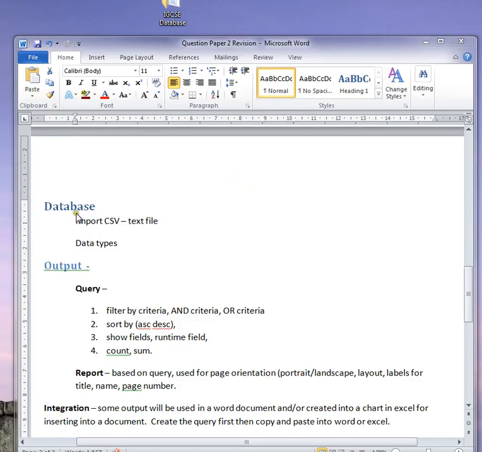I'm going to go over databases now: how to import a file, set the data types, how to query it to filter it, and how to make a report for output. I'm going to start by opening a new Access database,